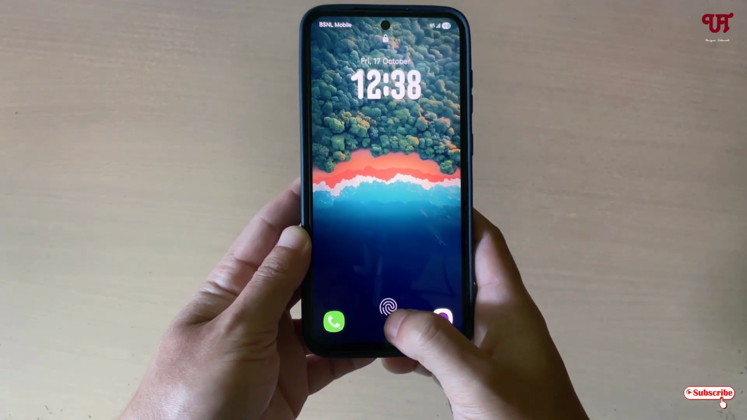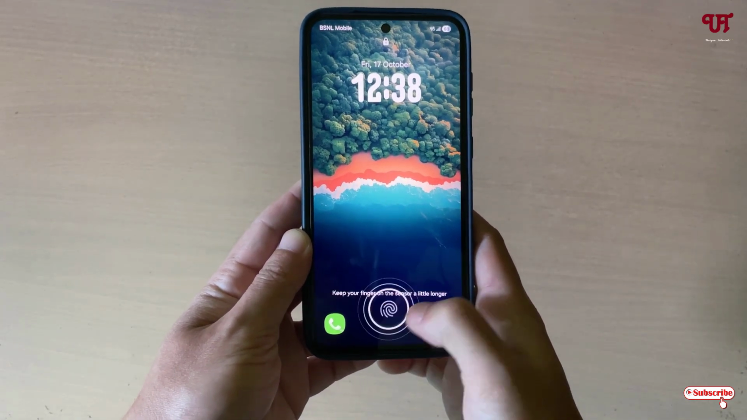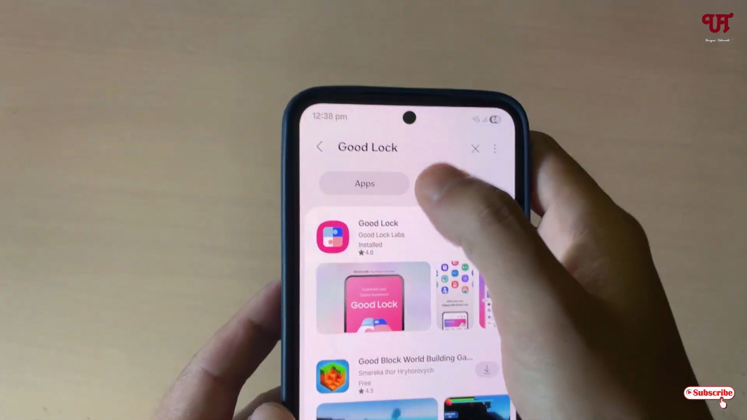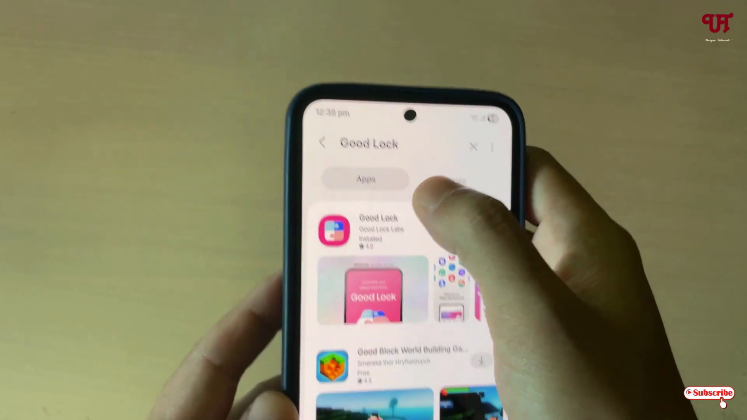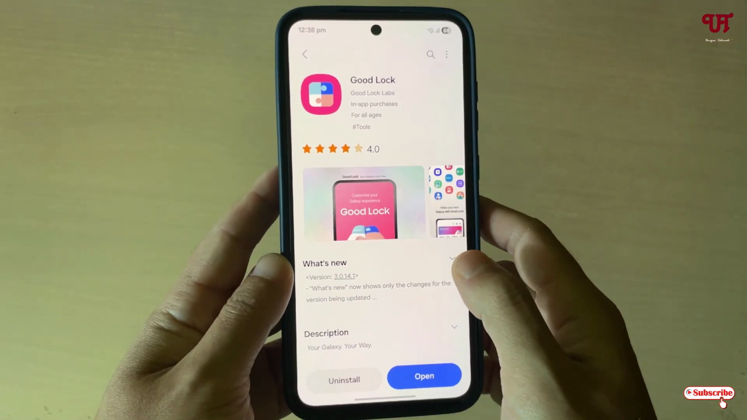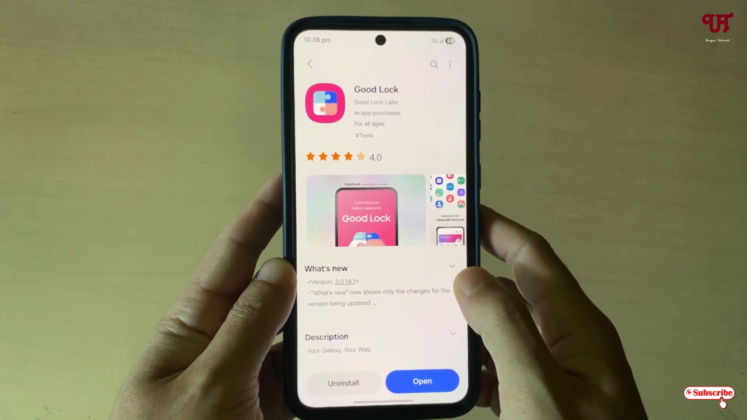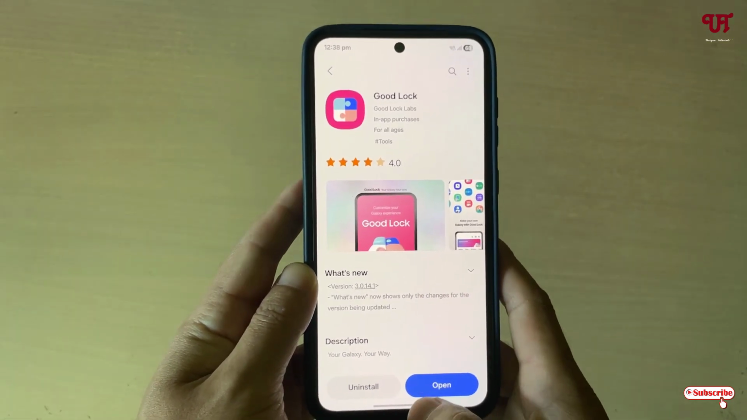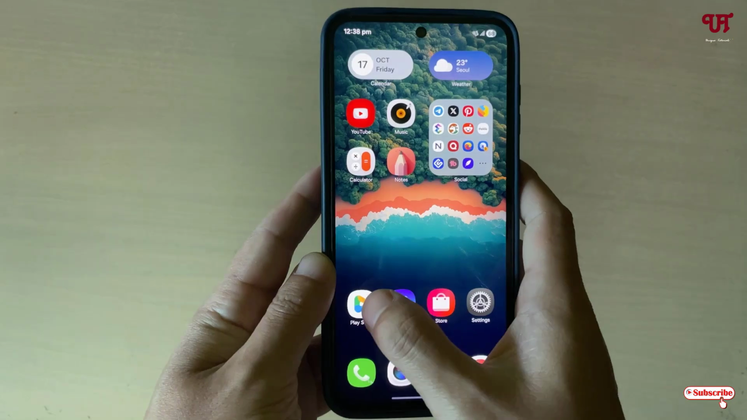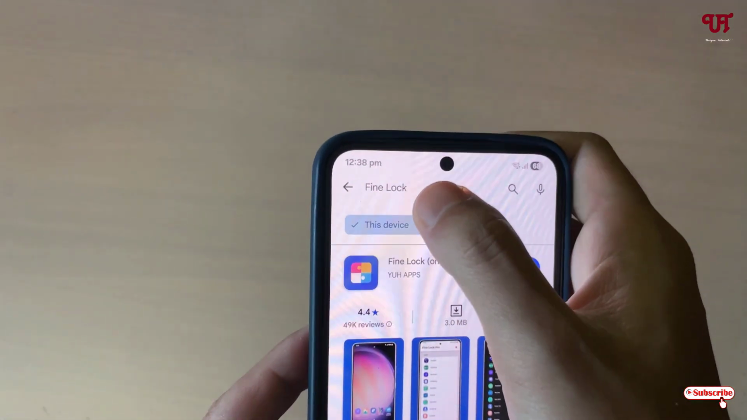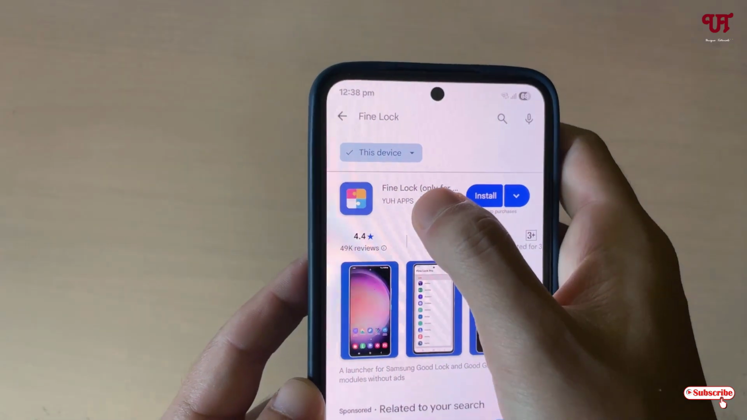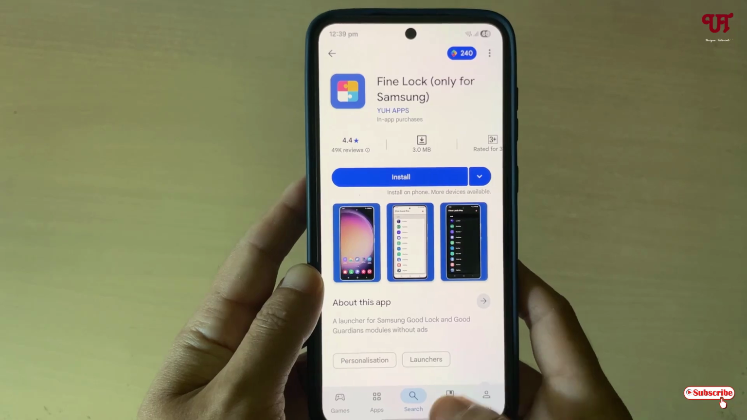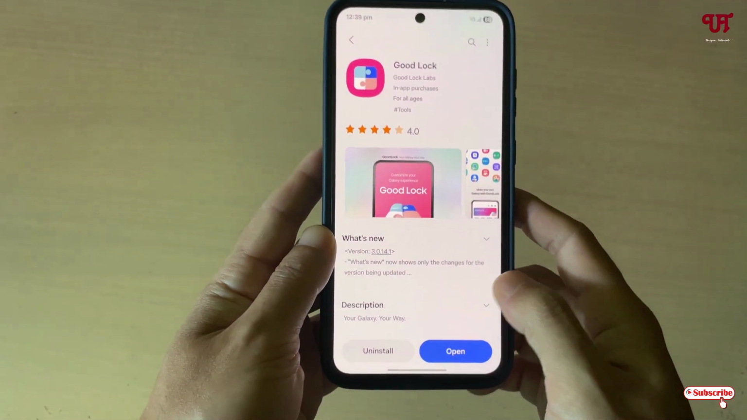So in order to add various animated effects for in-display fingerprint, what you need to do is just open the Galaxy Store and search for one application named GoodLock, and the first result is also the application. As I've already downloaded and installed it, I'm not going to do it again. So firstly download and install it, and if GoodLock is not available for your respective Samsung smartphone, then what you can do is open the Play Store and search for one application named FindLock, and the first result is also the application. So you either install GoodLock or FindLock, whichever supports your Samsung smartphone, and after that just open the GoodLock